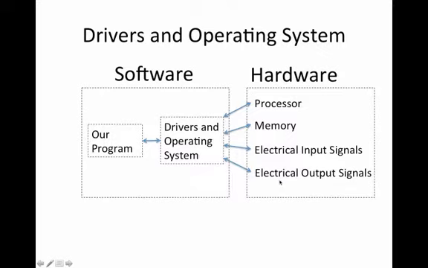Think about it this way as well. You may be running a computer at home that has a Pentium chip, or, well, not a Pentium chip, that's kind of old, but one type of computer chip, and someone else may have a computer with a different type of computer chip in it. Now, if it wasn't for the operating system and the drivers on those two computers, you would have to have a different version of the program. Let's say a different version of Microsoft Word for your computer